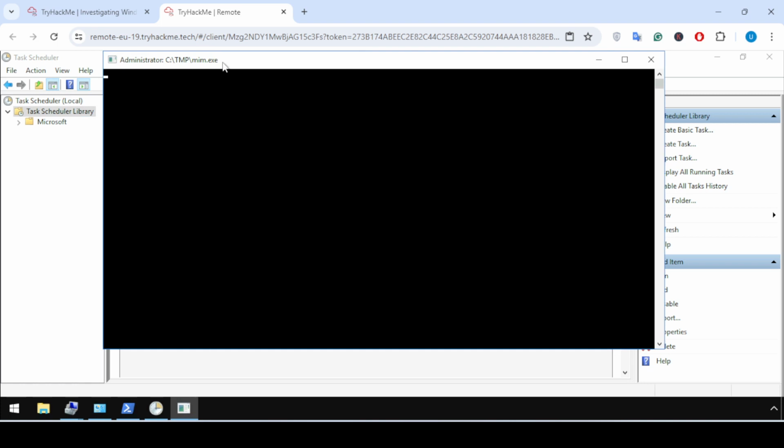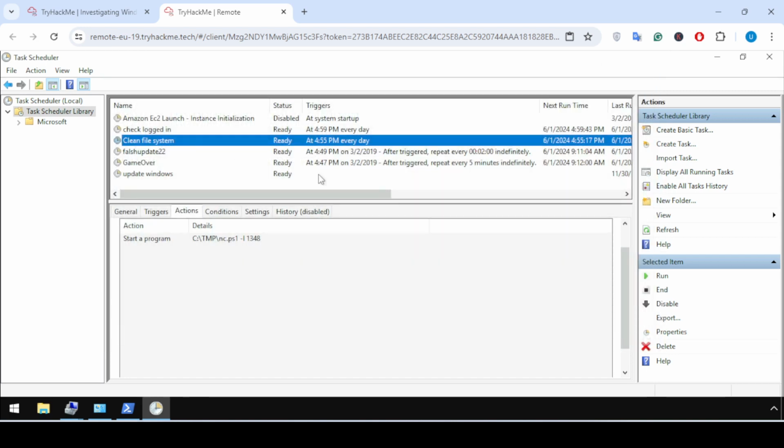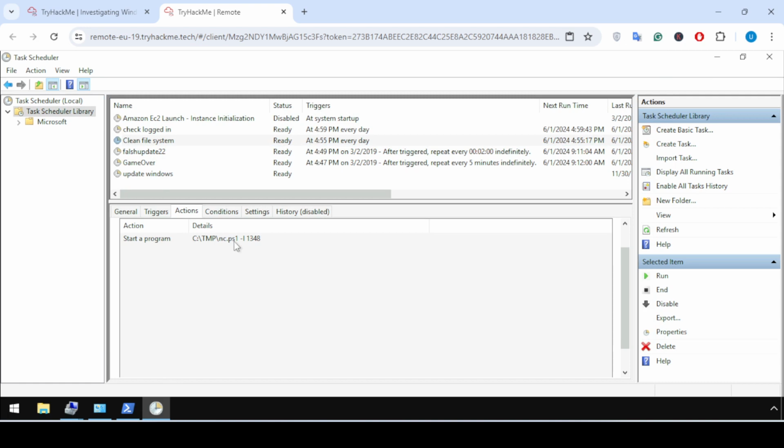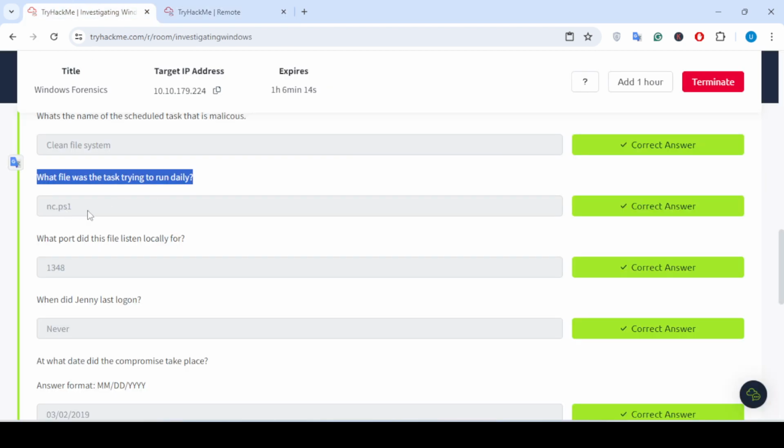You can see temp mim.exe. We can see this in a coming task, but here when we go to the action, the file name is nc.ps1. This is the file that is run on a daily basis by this task. So the answer to this question is nc.ps1.